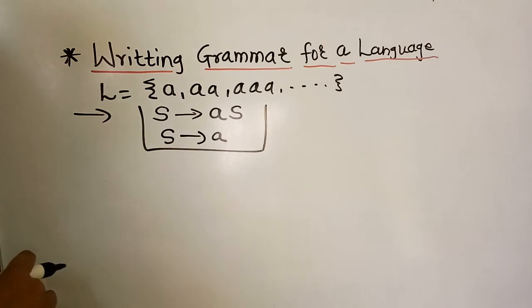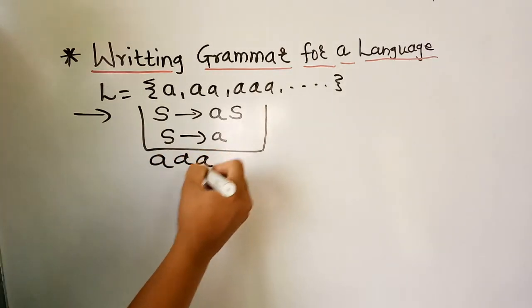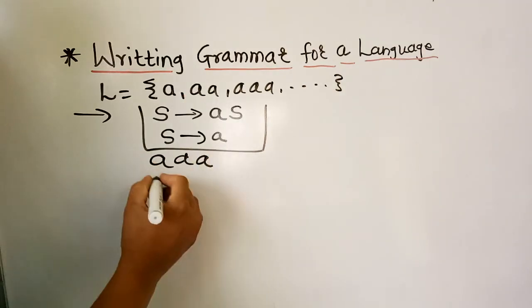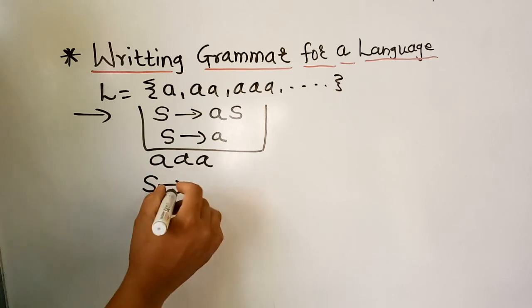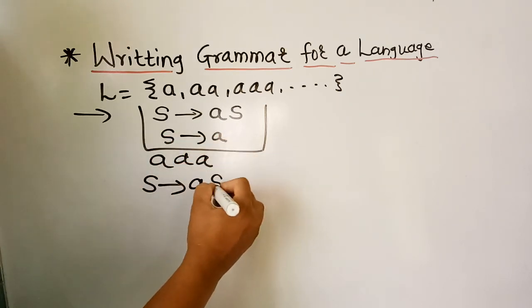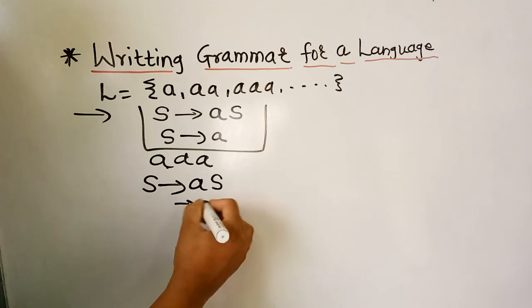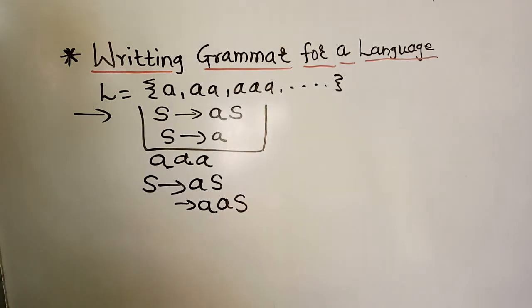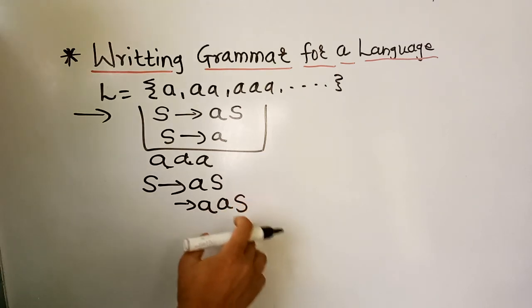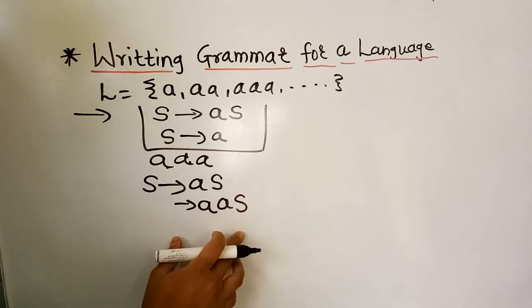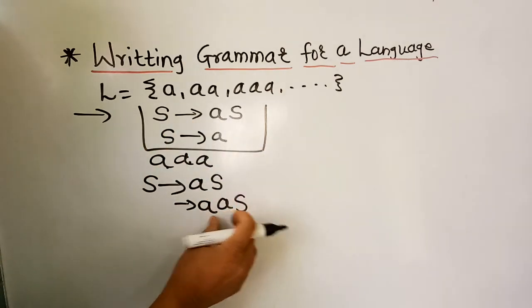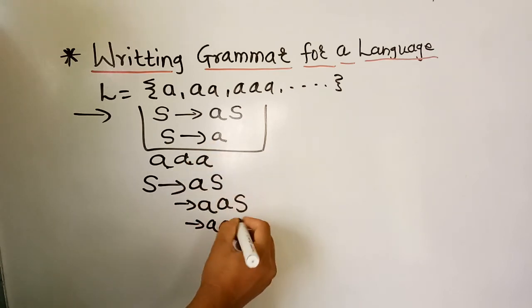For example, we require the string to be generated from this grammar, that is, three times A. We will start evaluating it from the sentential form like S gives AS. One A is achieved. Then we will replace S again, S gives AS. One more A is achieved. Now, comparing it with the previous example, there we had scope to replace S with epsilon, but here no epsilon is there. So we have to replace S finally with A. Now 2 times A is achieved. Now directly replace S with the final A.